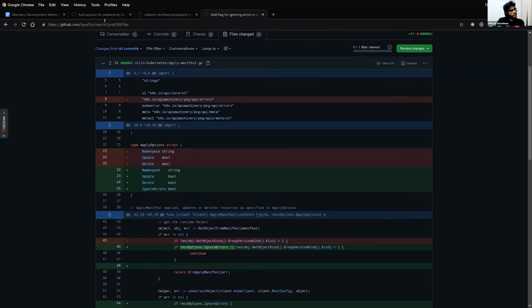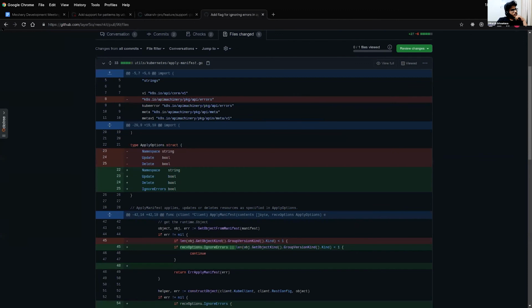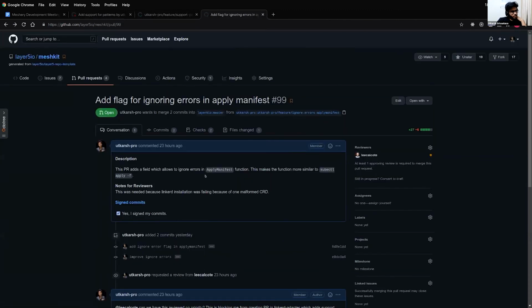So basically this fixes the Linkerd deployment issue. At the same time, it is also more like kubectl, so maybe it is more intuitive as compared to what we had earlier. The default behavior stays while I'm proposing to add a new flag.